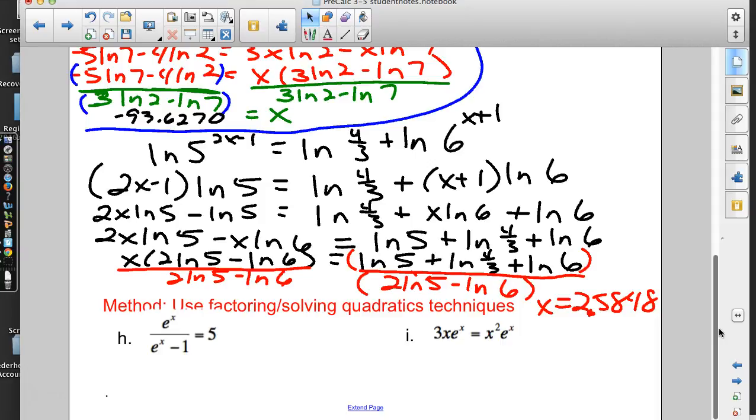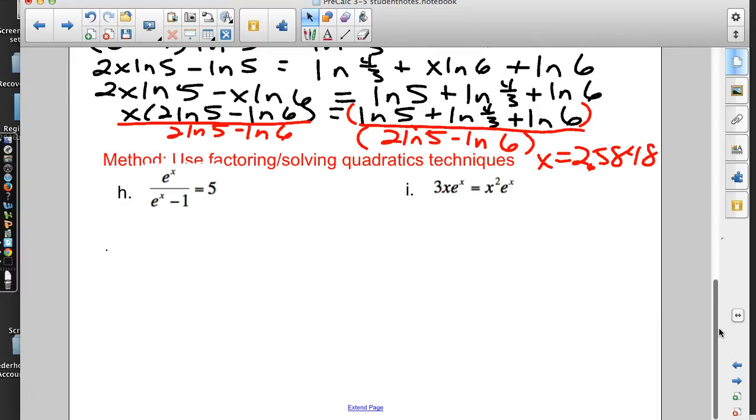And thank goodness we're switching to another method, which means it doesn't get harder than that. That's as difficult as it gets. A lot to keep track of. Again, it's the tortoise and the hare. Be the tortoise. Slow and go through it all. Now, things get interesting. Use factoring and solving quadratics techniques. With that,